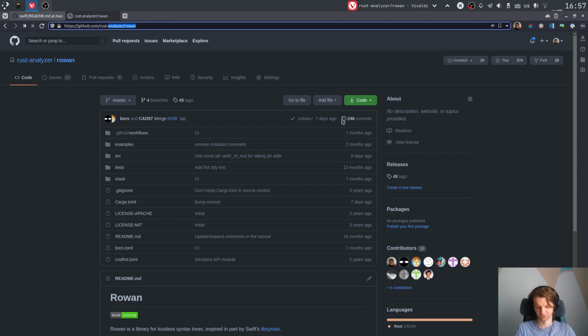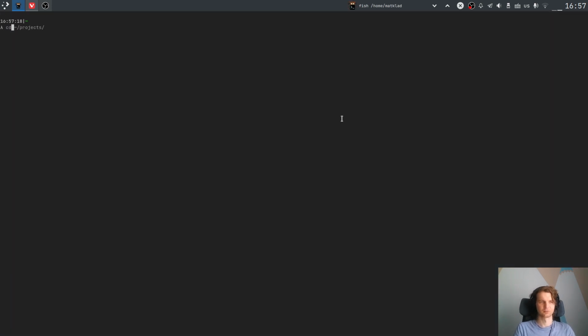So okay, let's start implementing. And let's call it mini Rowan. And yeah, the reason why it is called Rowan is that the original idea used red and green in the description. Basically, the syntax tree is a composition of two trees, a red tree and a green tree. And I was thinking about what kind of thing is a tree and is red and green, and figured out that Rowan it is. Okay, so